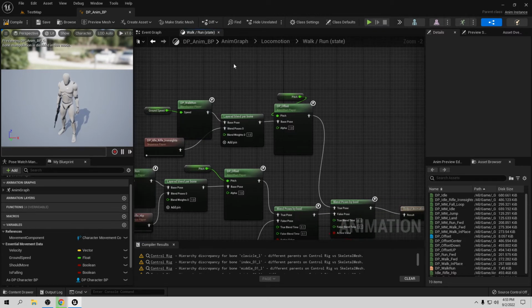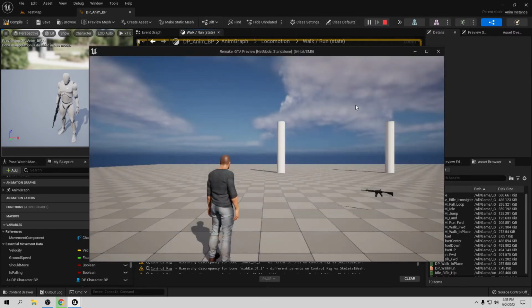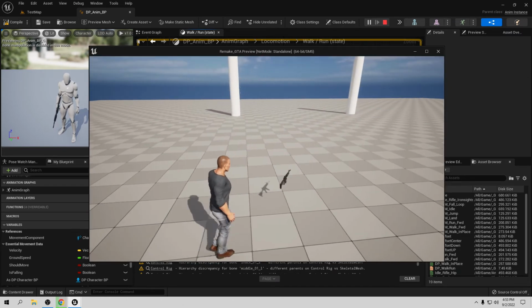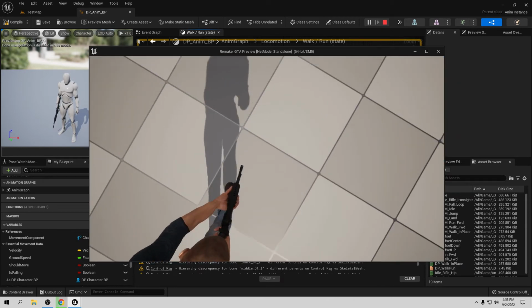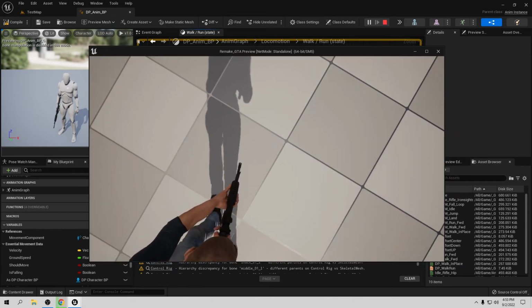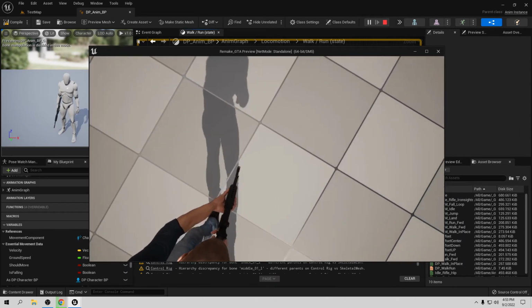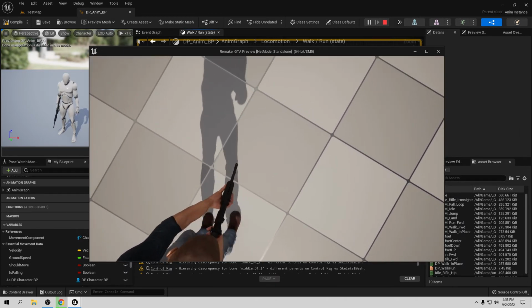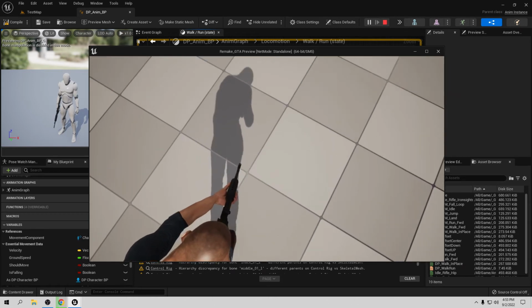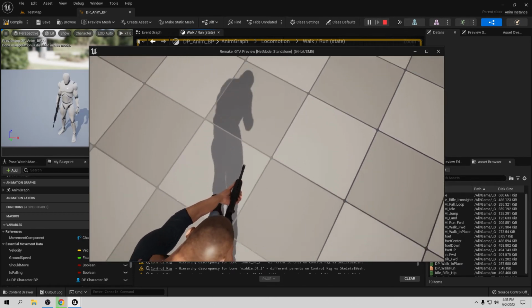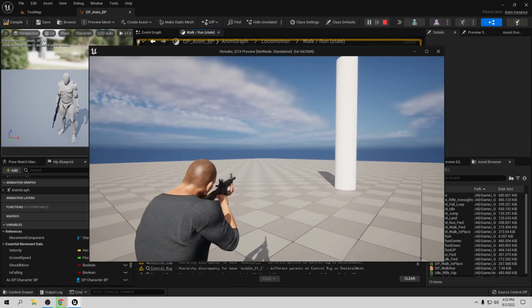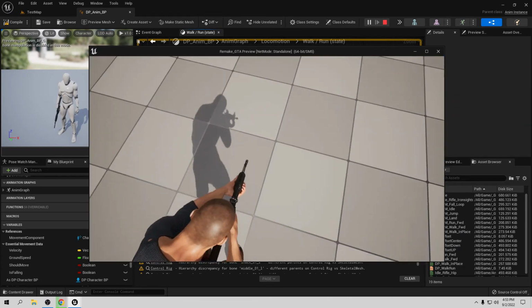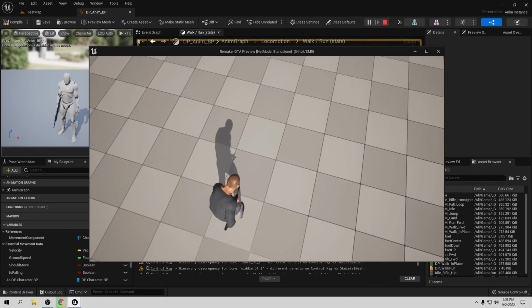Sorry, and let's do it again. So play. So let's pick up this. So now if we're aiming, we can walk forward, backward, right, but we don't have right and left, so they don't work, but at least they work forward and backward, so that's working good here. So we need to fix this left and right, so let's do that. So let's close this,